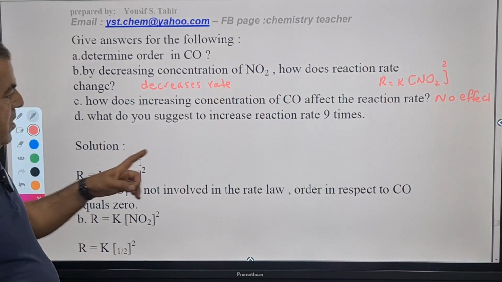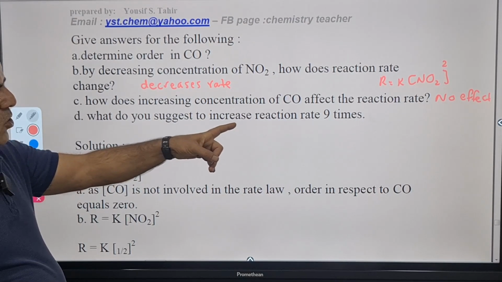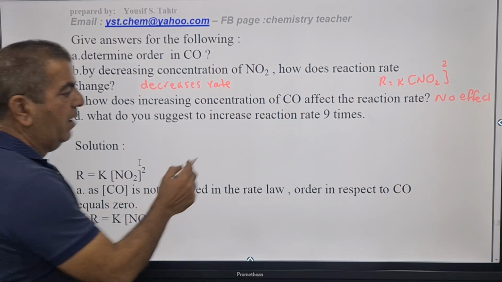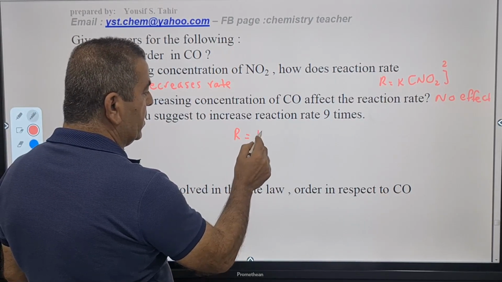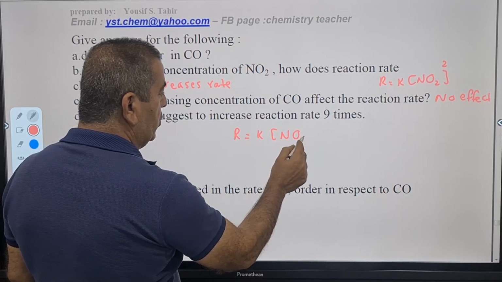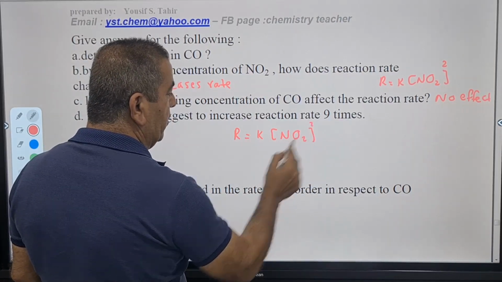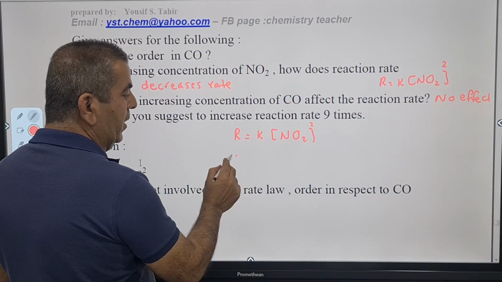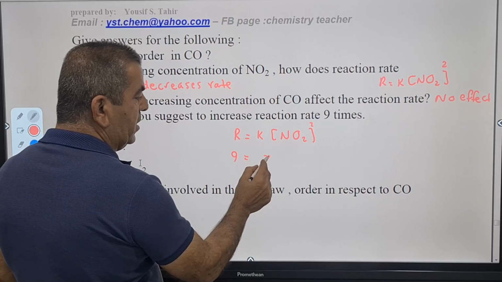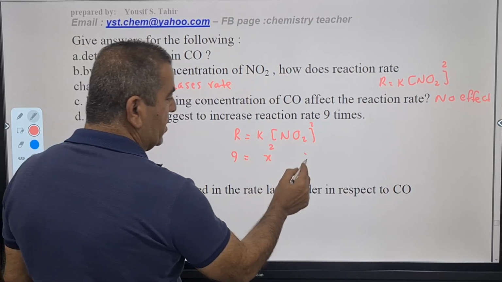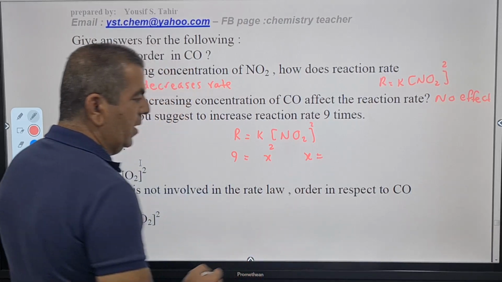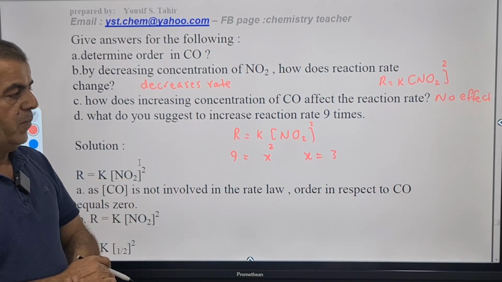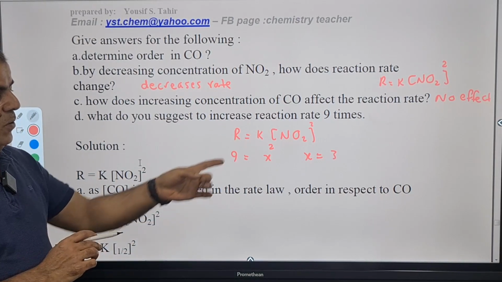Okay, what do you suggest to increase the reaction rate 9 times? So we have R equals K times NO2 squared, and multiples of R equals multiples of NO2 to the power of 2. So we have 9 equals x to the power of 2. What is x? Of course, x equals 3, which means in order to increase the rate of the reaction 9 times, we need to triple